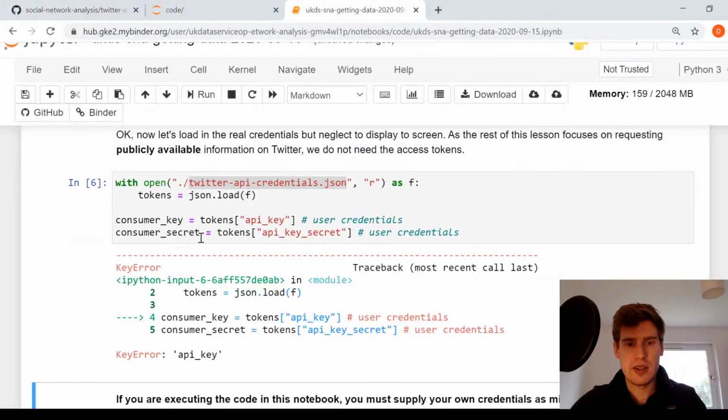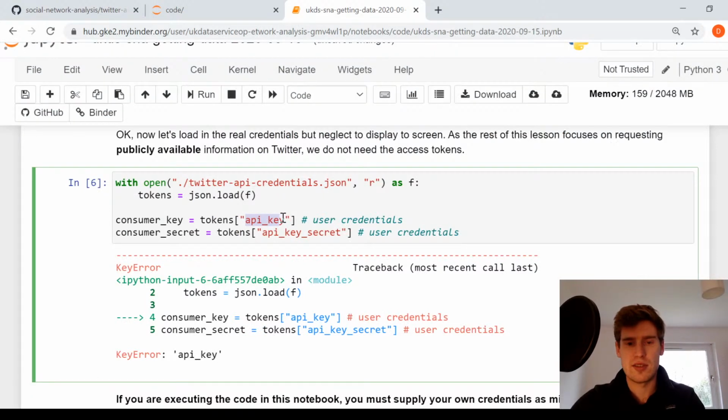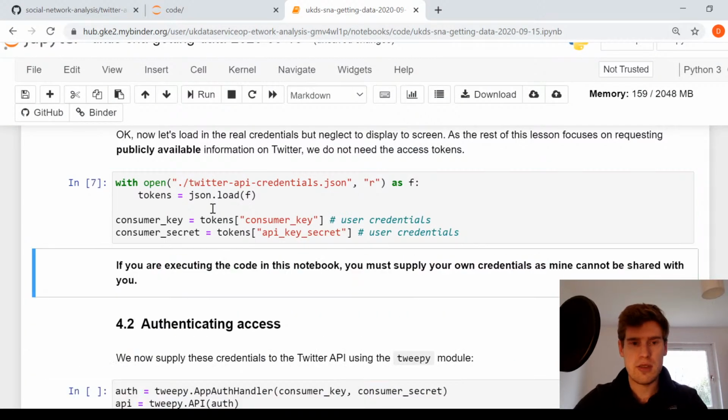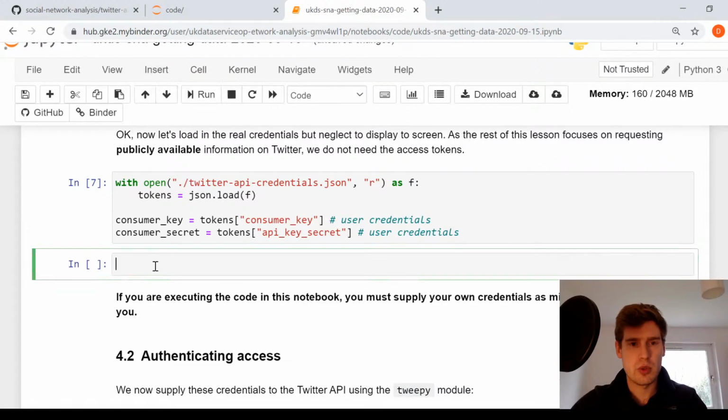You can see here that I'm looking for a field called API key, which doesn't exist. So I'm just going to update to consumer key, and API key secret is correct. If I load that in and execute it again, now we don't get any error. Again, just to show what's happening, if you want to insert your own text or your own coding cell,